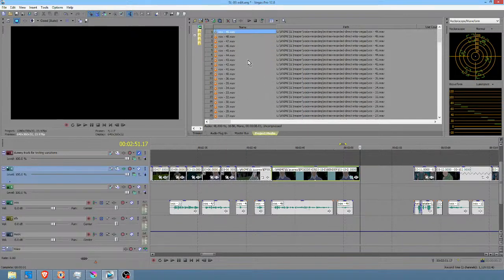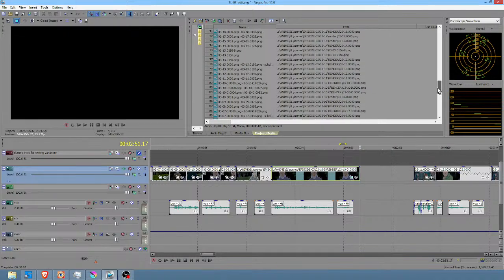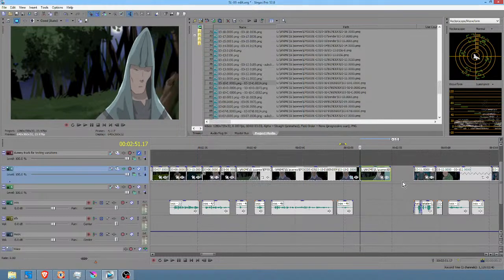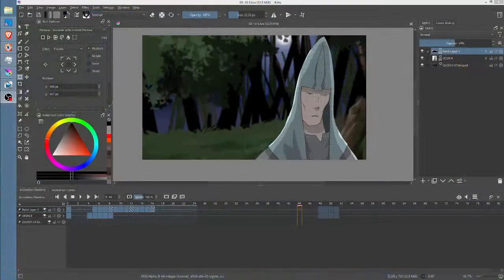I'm looking for 3-10E here. Popping it in here. We don't want any interpolation. One big reason why is that I said the lip sync was a little fast. I could actually time stretch this a little bit, so it plays back more slowly, and it'll probably look fine. So I'm going to go ahead and switch screens now so I don't forget.